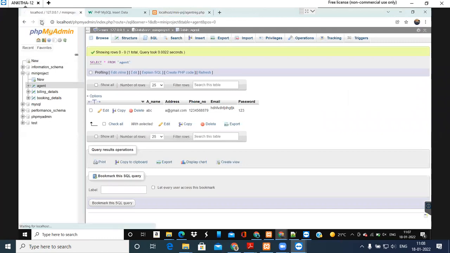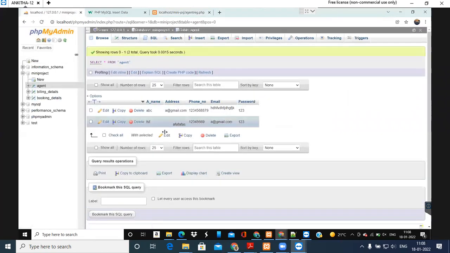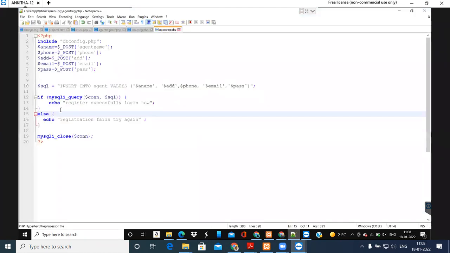So now you check, that data will come now. So another entry will come. Okay. So that name and then address, phone number, and then email and password. This one is the registration form, students. So after successful registration, you add that header location function here, and then you redirect to that previous page. Okay. So now login is there.